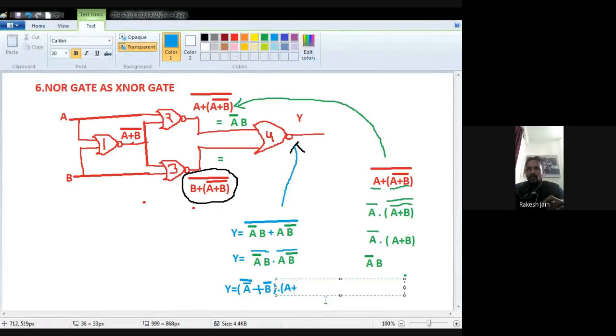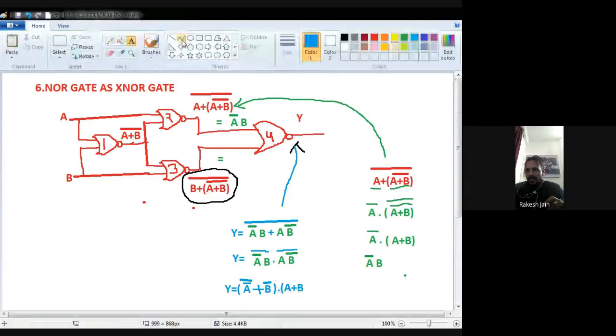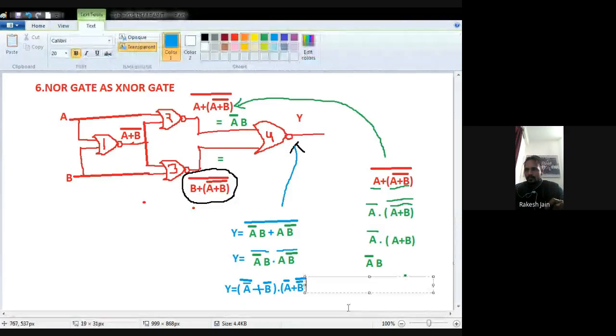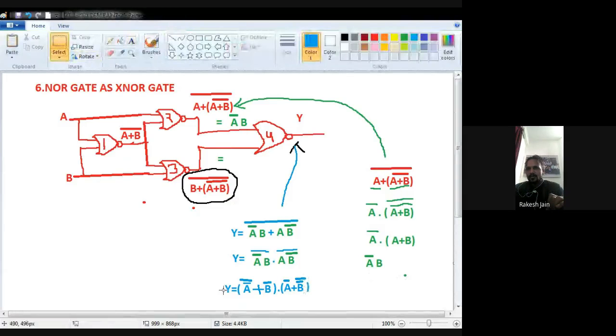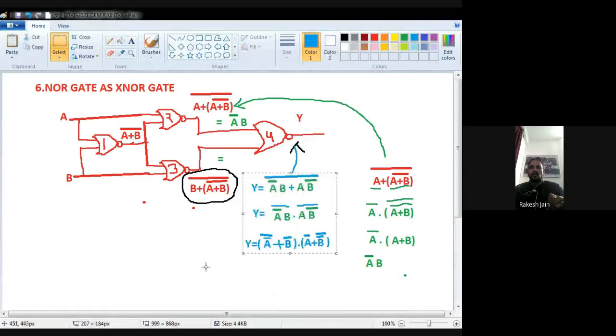Okay, then there is a dot in between them, so just write down dot, and then write down the second thing, A and B bar. So first thing is A, then dot will be converted into a plus, and then B bar. Then individually bar them, so first A bar, then B bar.